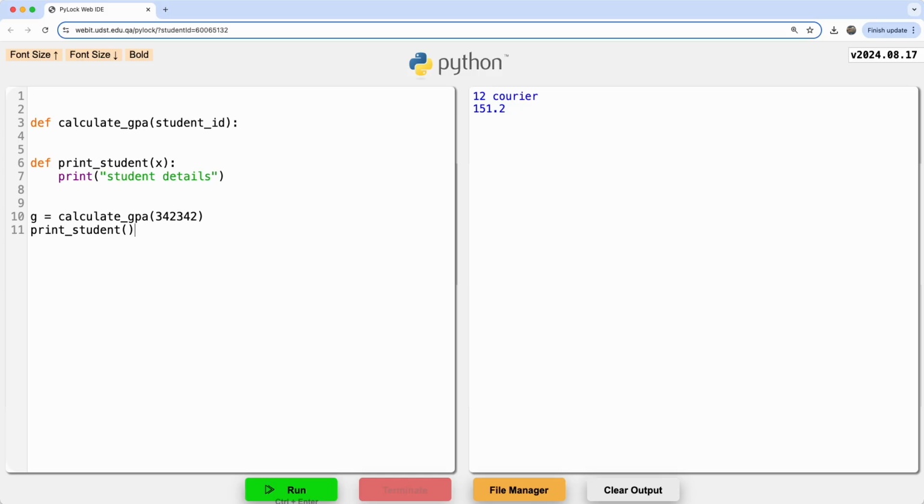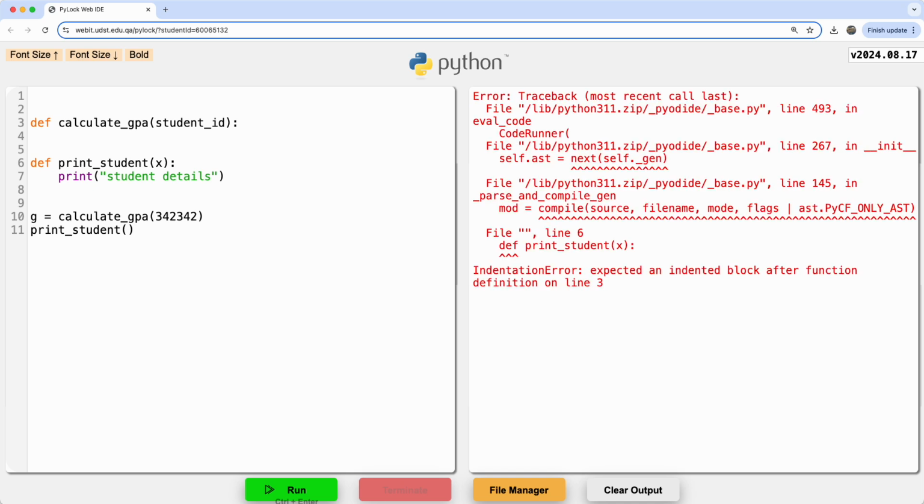First of all, something looks a little suspicious, doesn't it? What's the suspicious thing here? The first function is missing something. It doesn't have anything. It doesn't have a body. If you try running this one, it blows up and says expected an indent after the